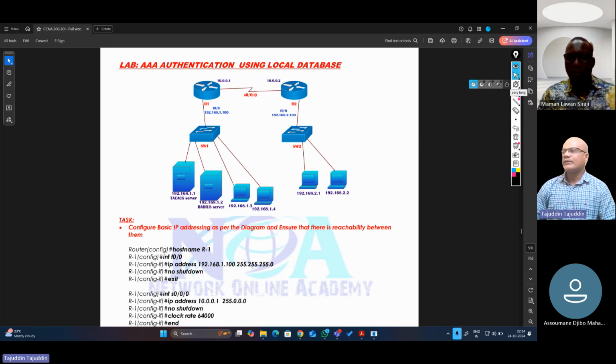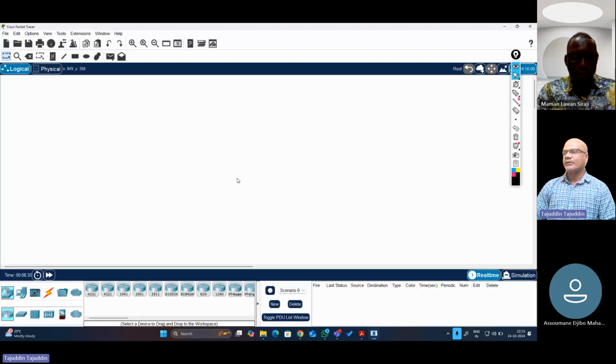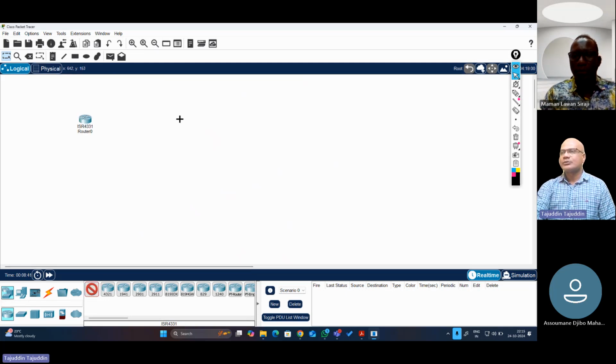Why I'm showing this workbook is that if you follow it, it will help you to do the lab. So let's design this topology. Let me open my Cisco Packet Tracer. Let's take these two routers. We'll take two switches, and as you can see, he has taken two servers